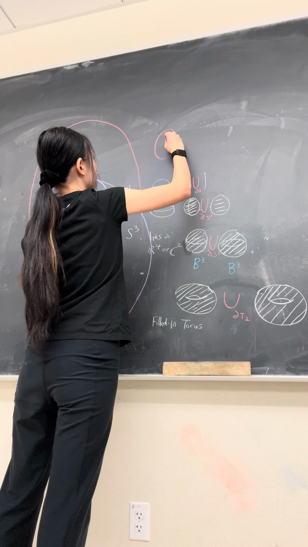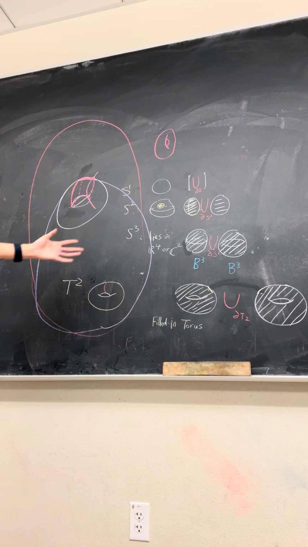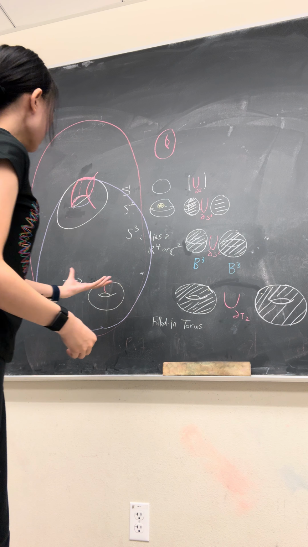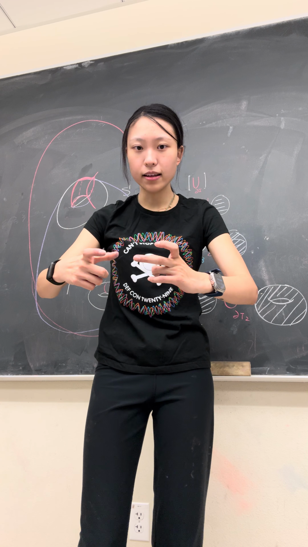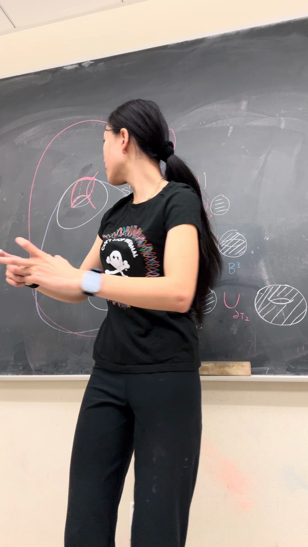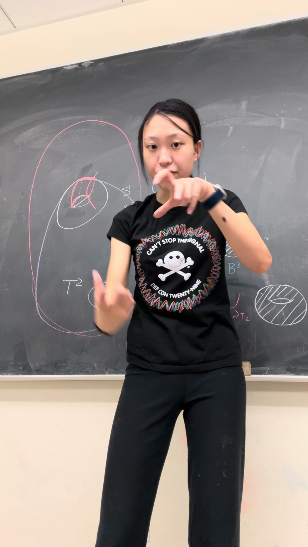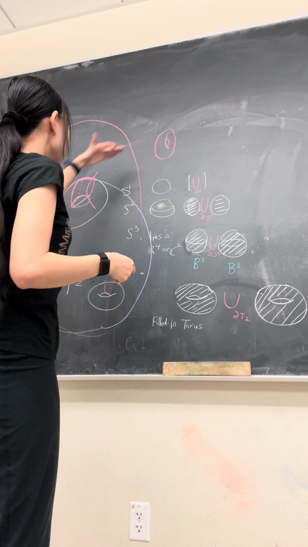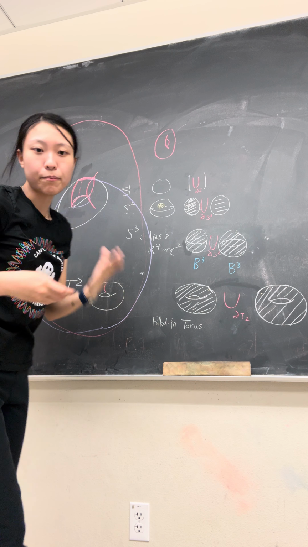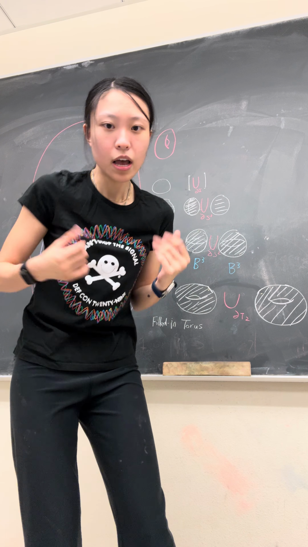So we started with a flat torus, and after we flip it, it becomes a vertical torus. Then both spaces have the same boundary. The boundaries are both T2,